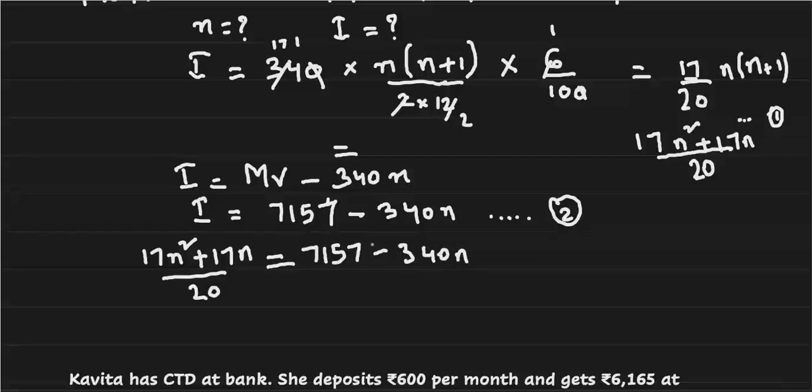Got it? So 20 goes there, and you can see 17 is common. 17 20s are 340, and 7157 is also divisible by 17, if you check, giving 421. So we can take 17 common and divide everything. Once you divide by 17, you will get n square plus n equal to